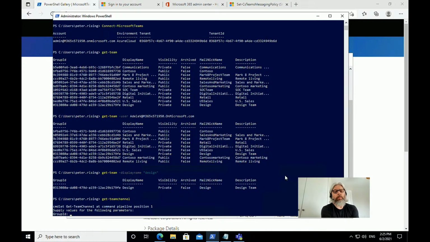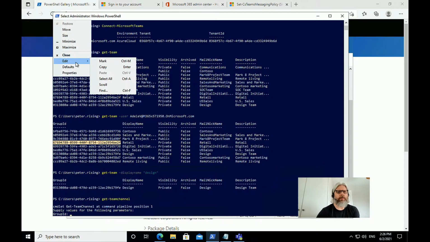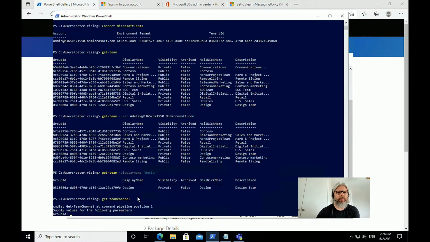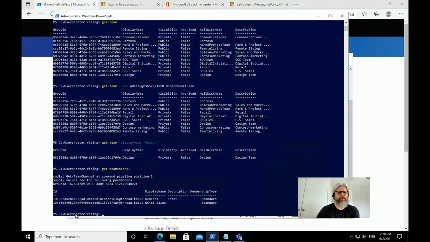Now, what you can do here is just put that command in as it is, and it's going to ask you for a group ID. So if we wanted to see the channels that are included in one of our teams, let's pick the retail team for this one. Let's copy that group ID, go to edit and copy, and paste that into the group ID there, hit enter,